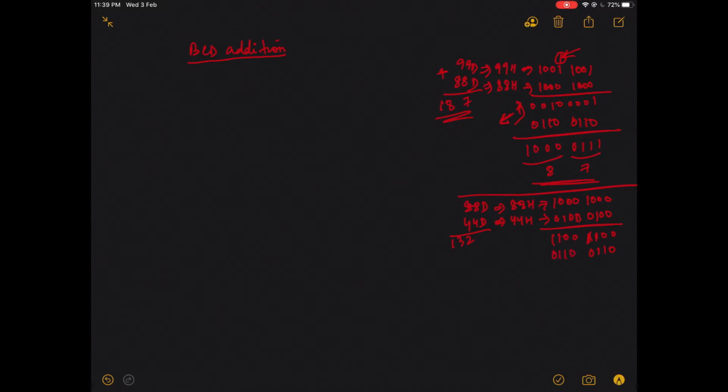Yes, it is greater than 9, so you add 6 to that also. So you continue doing the addition. Now if you do this, you get a carry also, so you get 132, which is the same as your decimal answer.